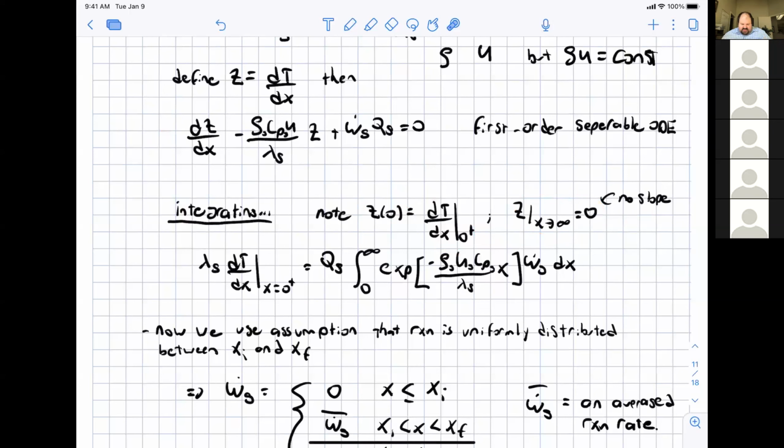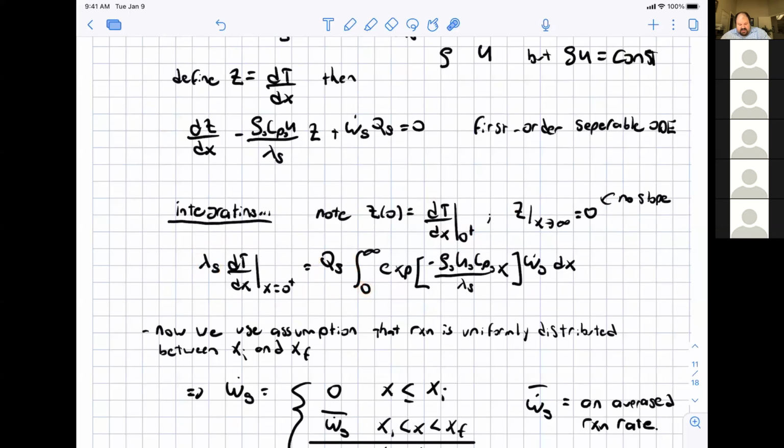We do need to be a little bit careful to ensure that that's the case, but other than that, this is a fairly straightforward ODE to integrate. And so if we integrate, solve for the temperature gradient at the interface, and multiply that by the thermal conductivity, we wind up with this expression right here. So we have just the heat of reaction, which is just a constant, times the integral from 0 to infinity,